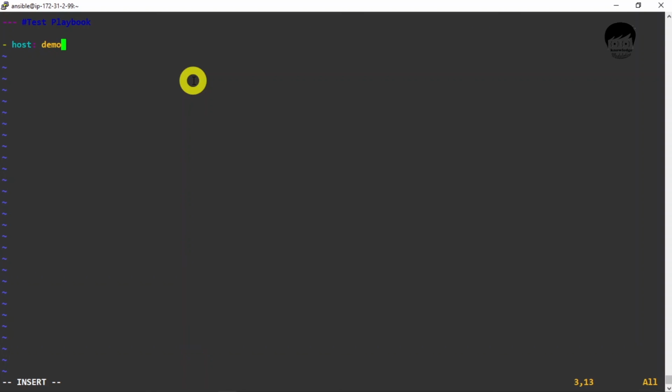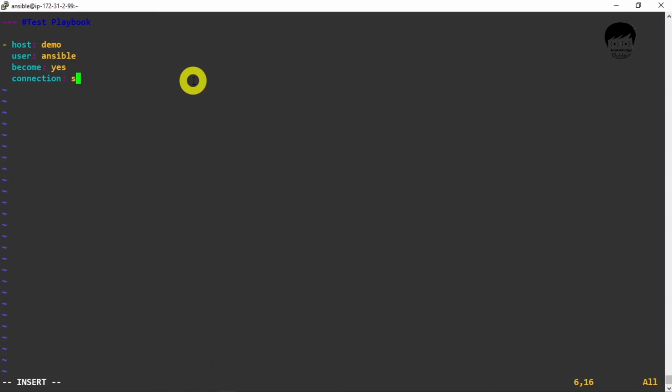My host name is demo. The second point is user: ansible. We just have to provide some information here, and then become means sudo user. Yes, sudo user, yes, because I have to execute this command using sudo as well. I need the sudo access. Then connection, which type of connection we need to use is SSH.